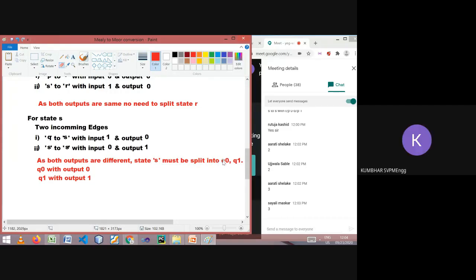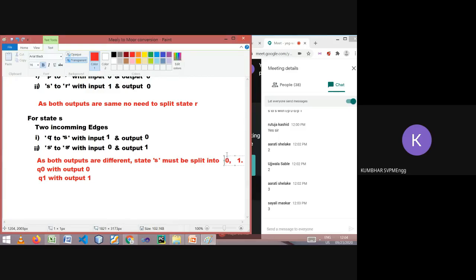S0, S1. Again, this is not compulsory, but it is a general convention and it is good to remember. You could give A, B, C, D or any other name to the state, but it is good practice to give sensible names. So S0 and S1, so that you can understand that these are parts of state S. I urge you to use such a convention.